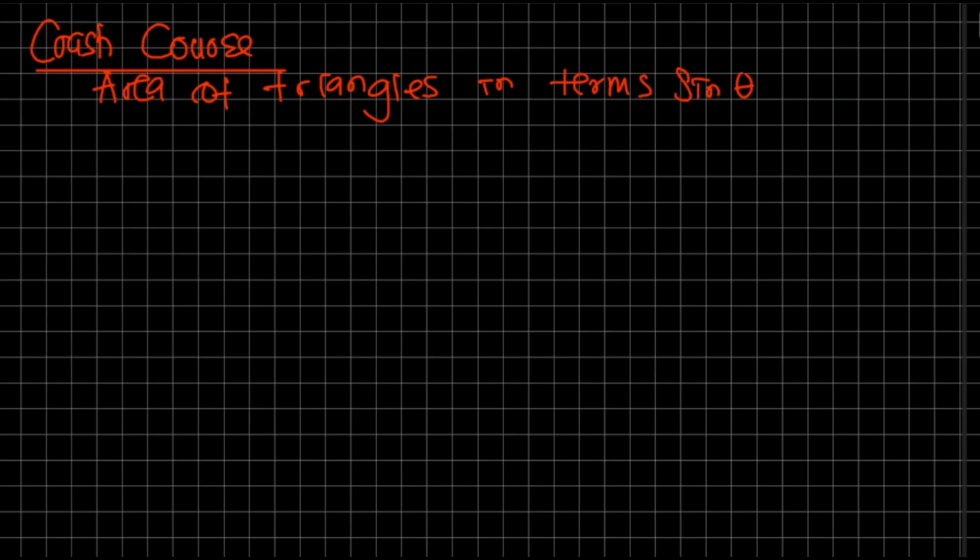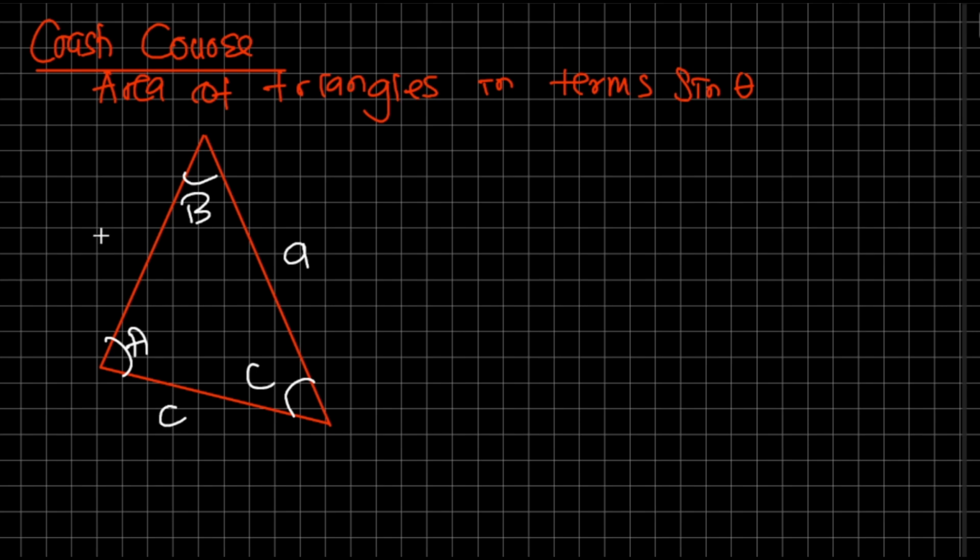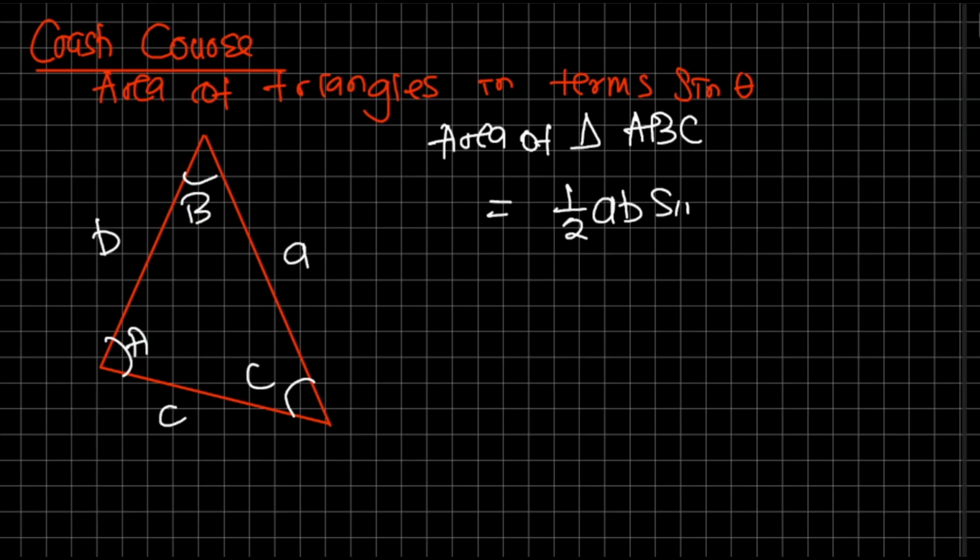If we have a triangle with angles A, B, C, the area of triangle ABC can be given as 1 over 2 AB sine C,